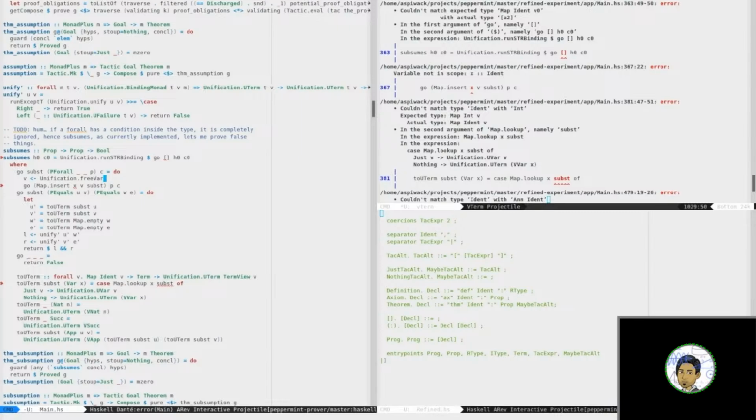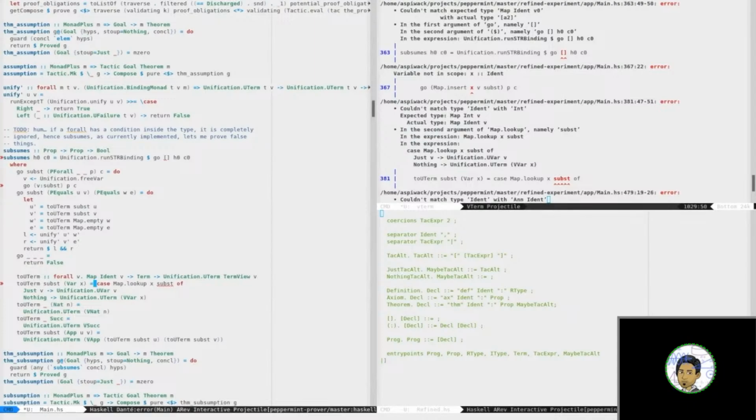Shoo, shoo. Okay. So of course this is wrong. But anyway, the point is we do v colon subst here, to term subst, and